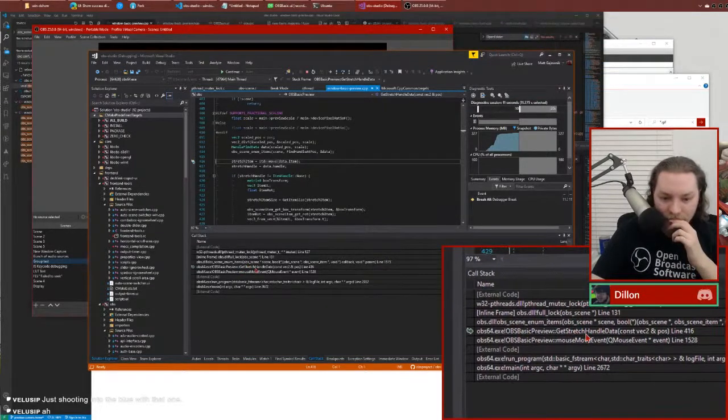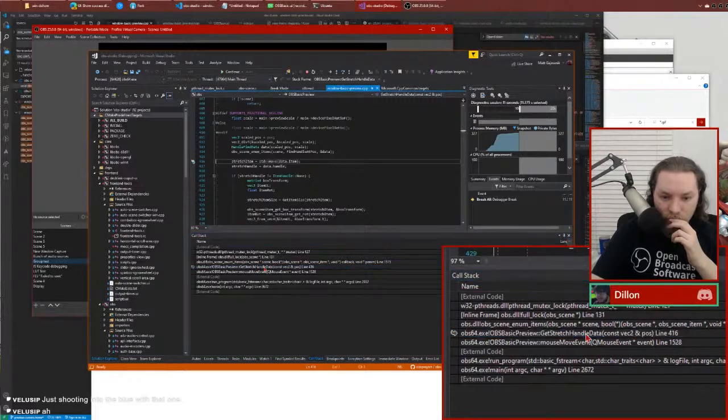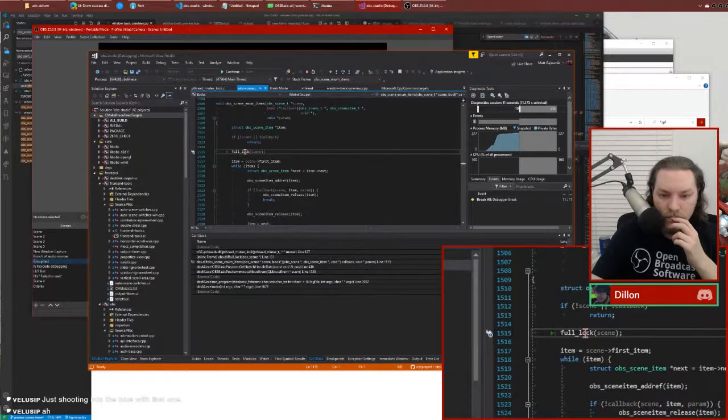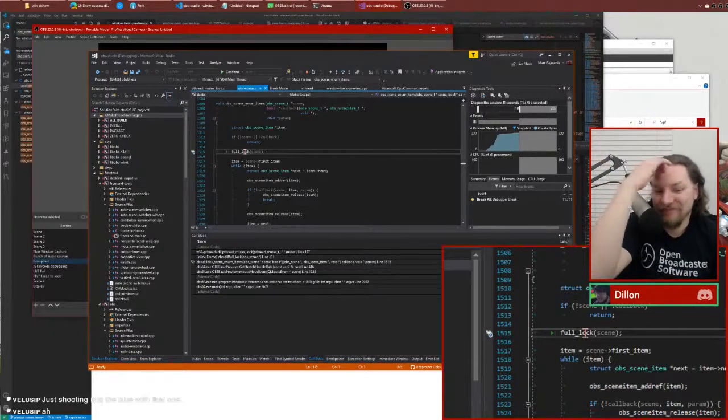So get stretch handle data is calling a lock. But that's a lock on the scene, a different thing. Both the graphics thread and the UI thread, or the main thread, I should say, are currently trying to call a lock on a mutex which is currently in use. So the issue is still figuring out where it is not being released. Okay, but we know now the main thread